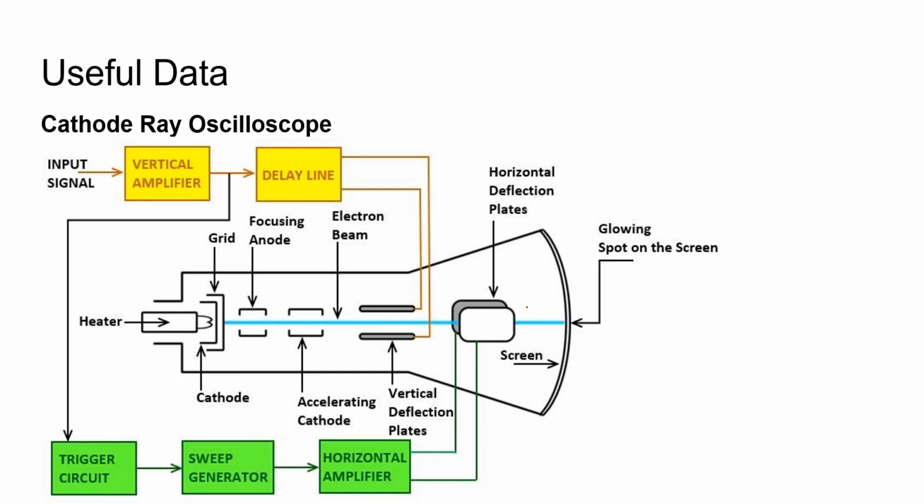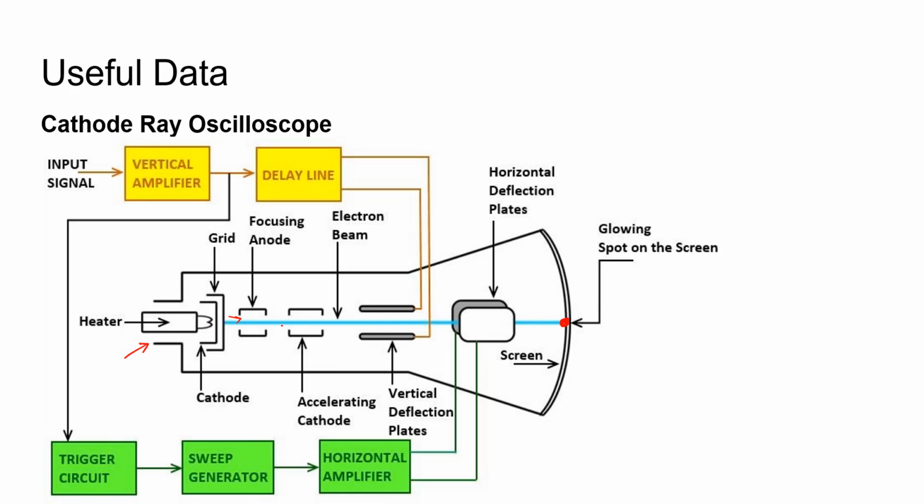Let's have a look at the basic working of a cathode ray oscilloscope in order to understand this problem. The cathode ray tube has a heater gun which accelerates the electrons and sends them as a beam of electrons. When these electrons are incident on the screen, they produce an effect called scintillation, due to which there is a small glow over that area.